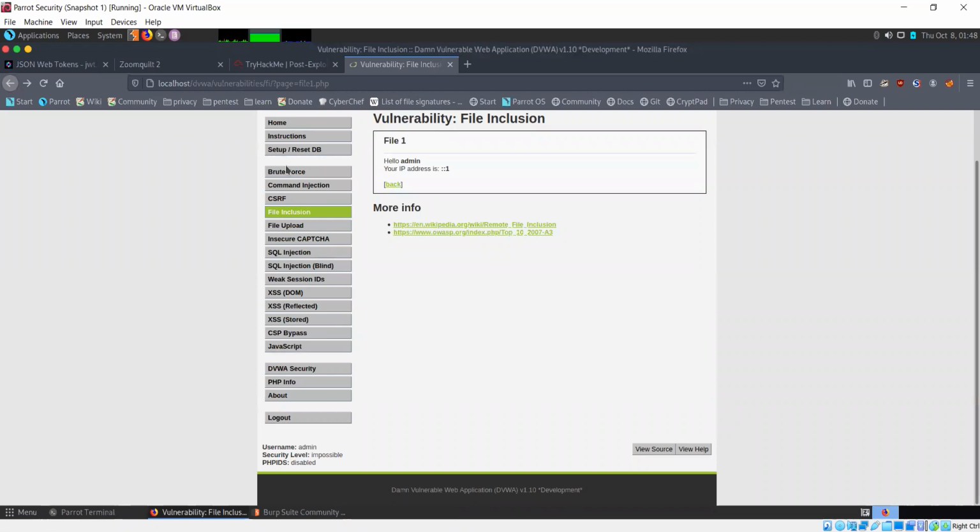So in this case, you will not be able to perform any kind of file inclusion, neither local nor remote.